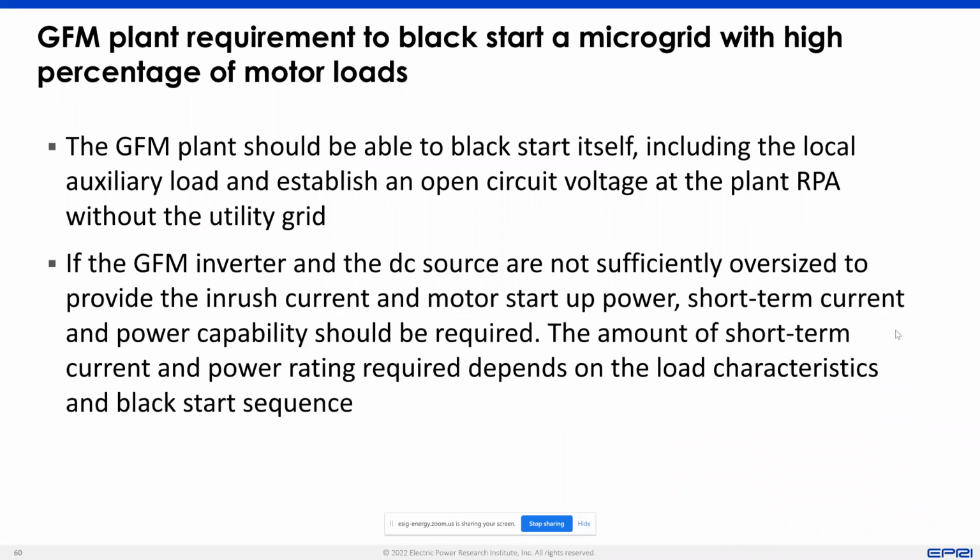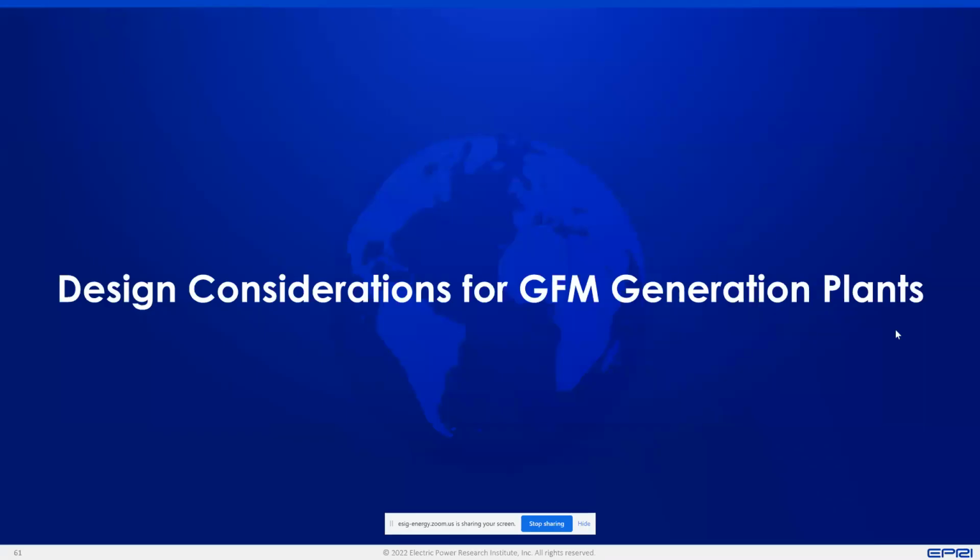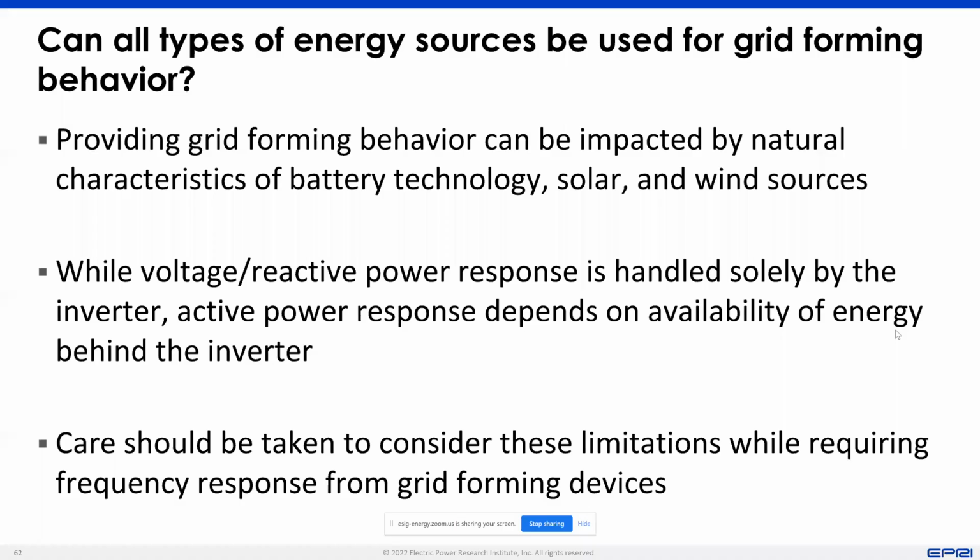We can probably go through these requirements fast, wherein you have to have the grid forming inverter be capable of providing motor startup current, transformer inrush current, and even pick up some of the local auxiliary load that is there on the network. We'll transition a bit into some of the design considerations that we want to have, and especially